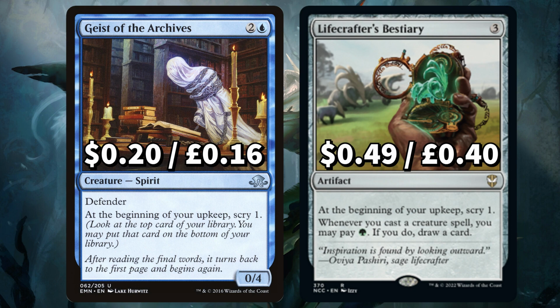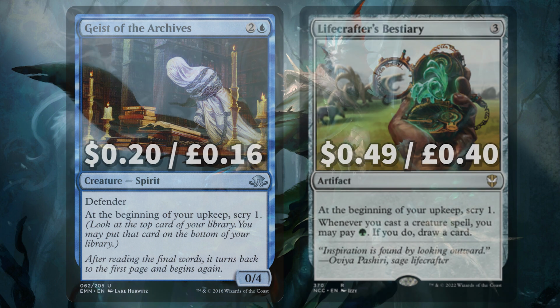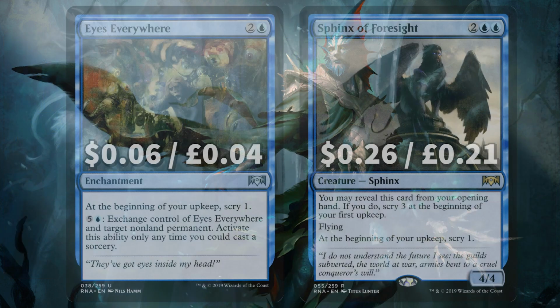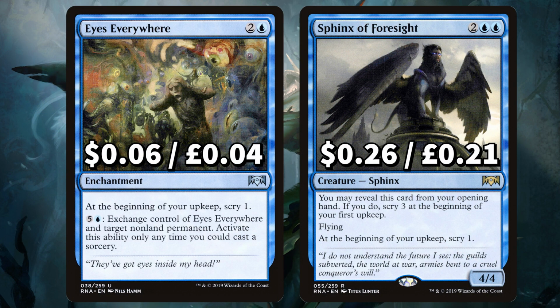It can also be a valuable tool to get you some extra card draw too. The more scrying in this deck, the better. We need to be constantly fixing the top of our library to avoid whiffing on that Kenessos activated ability. There's Eyes Everywhere to scry 1 at the beginning of your upkeep, and Sphinx of Foresight for 1 final upkeep